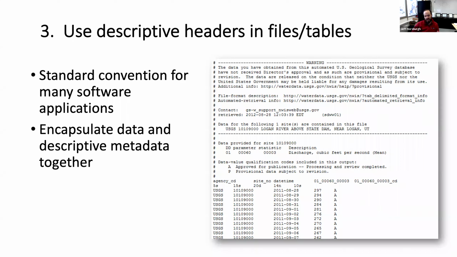And then if you go right down to almost the beginning of the data, the column header names are there, and they even define the actual format of the columns in the next line, and then you actually get down to the data. So a couple of things here. This is a standard convention for many software applications. So if I were to open this file in like Microsoft Excel, Excel is going to know, okay, there's a bunch of stuff here at the top, but when I get down to the columns of data, Excel can basically interpret a delimiter that you tell it, and it will divide this data into columns,